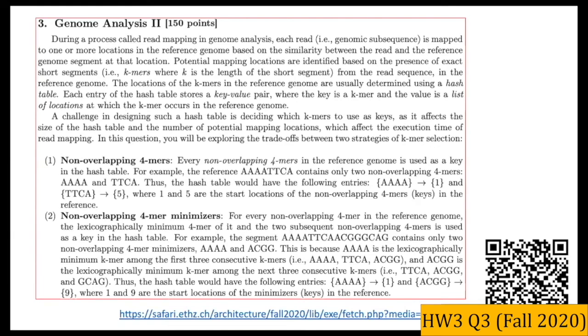And this read is mapped to one or more locations in the reference genome based on the similarity between the read and the reference genome segment at that location. So basically, we try to infer the potential location of this extracted read in comparison to the entire reference genome or the reference sequence. So there are basically many potential mapping locations, and these locations are identified